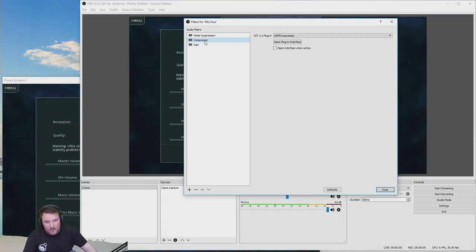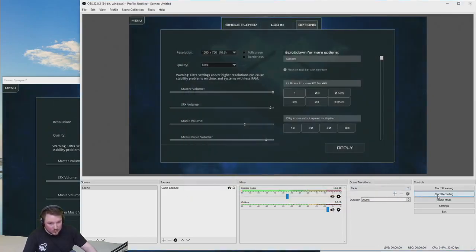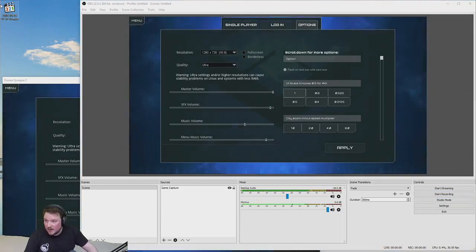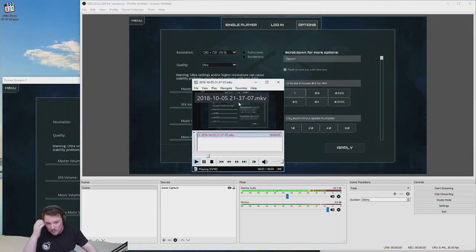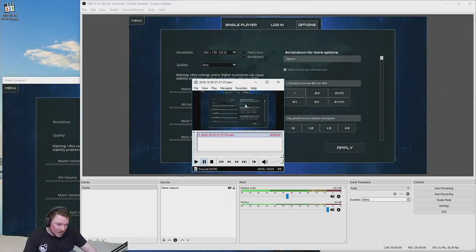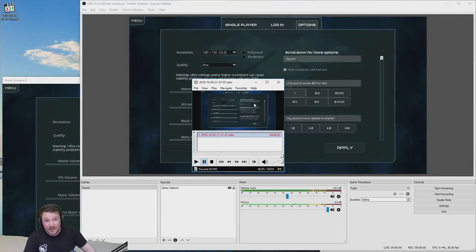Cool. So now we've got noise suppression, compression, and gain. And then what we're going to do is, of course, try again. How are the levels now? Or is it any better? I don't know. We'll find out. Stop recording. We mute the game so we can hear, and then again, how are the levels now? Definitely the microphone sounds like shit, which is no surprise to me. Again, how are the levels now? But it definitely doesn't sound like it's